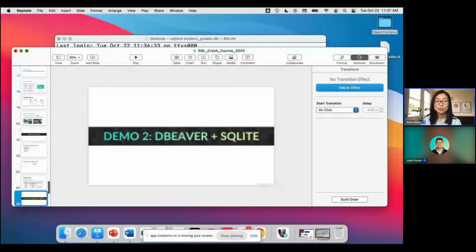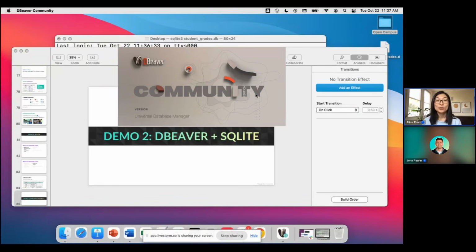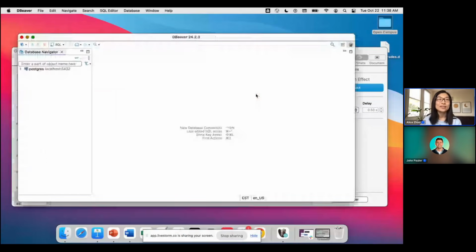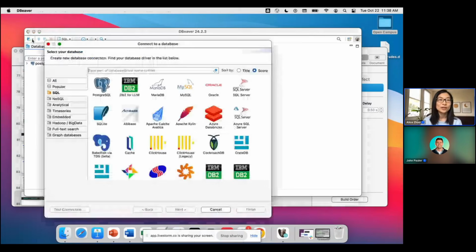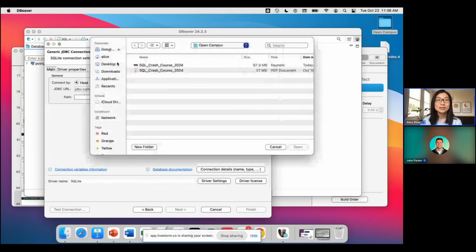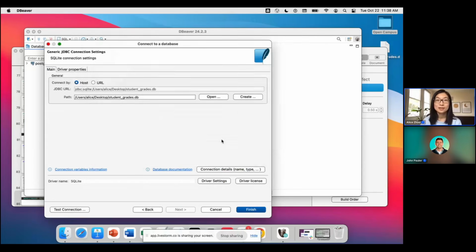So let me just show you what DBeaver looks like. DBeaver is an open source one. Toad is another really common one that you'll see that costs money, but they all have really nice features. And you can see right here, I'm in DBeaver now. And from here, I can connect to my SQLite database. And then I can open up that student grades database.